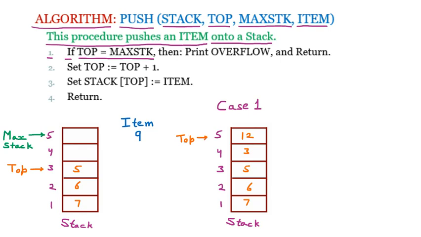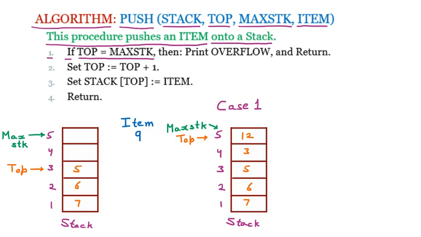At the same place, the max stack is already pointing to the highest value. Max stack is pointing to 5 because the maximum size of the array or the stack is called the max stack. That means how many maximum elements can be stored. Here 5 elements can be stored, so max stack is pointing to 5. Now that 5 elements are placed, top is also 5. So at this position top and max stack both are pointing to 5.